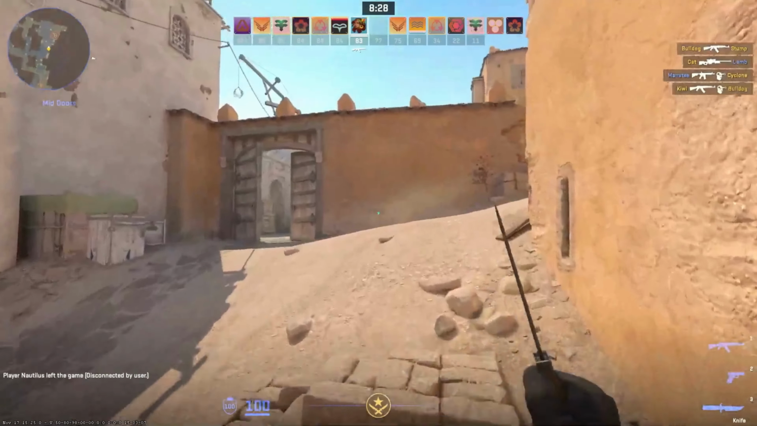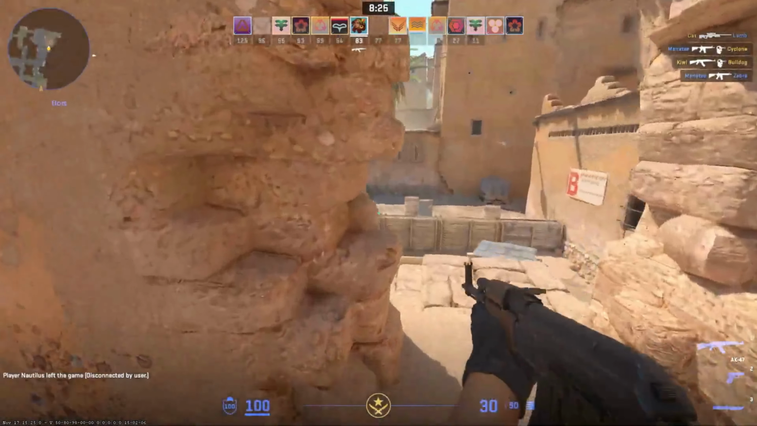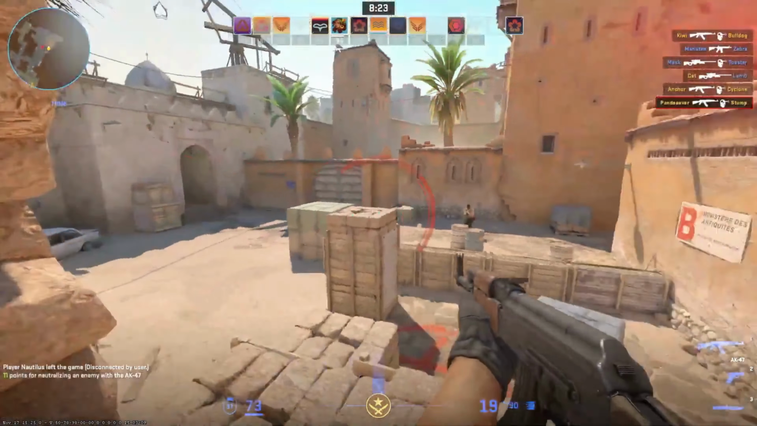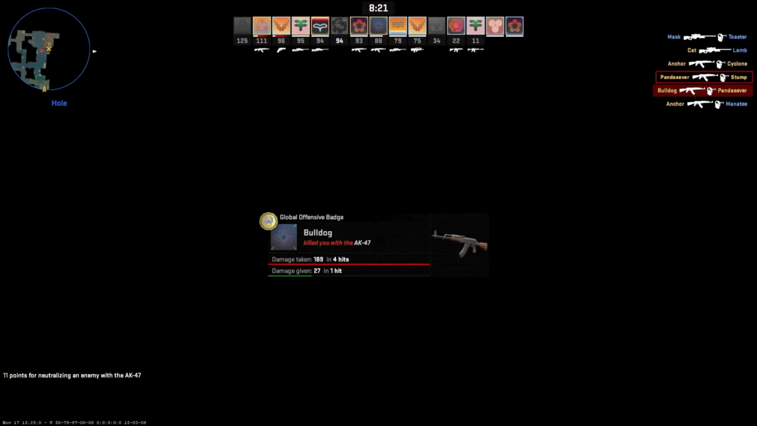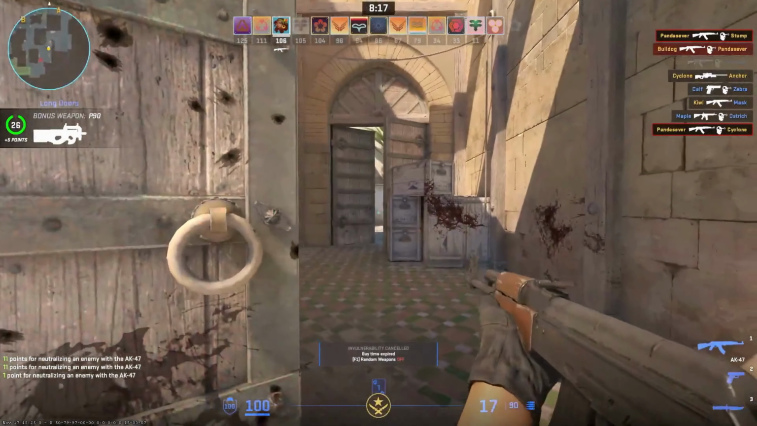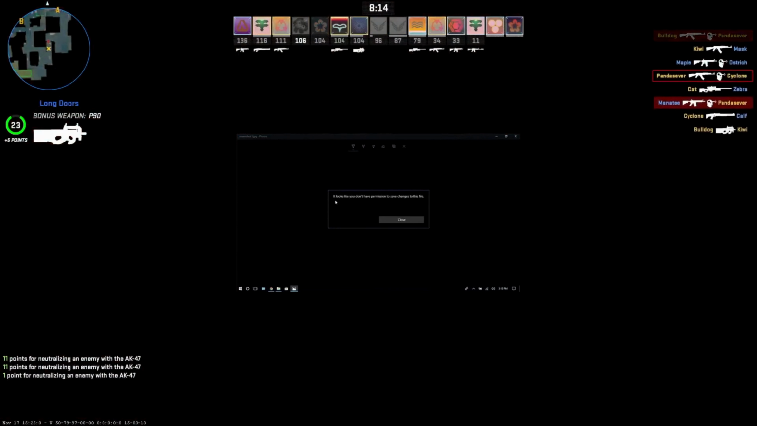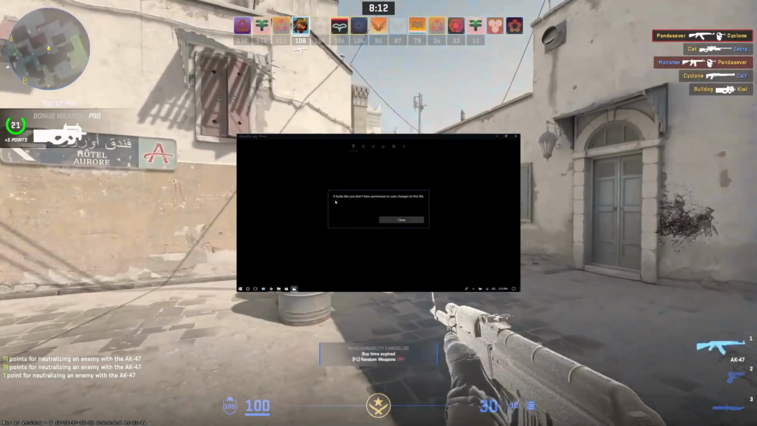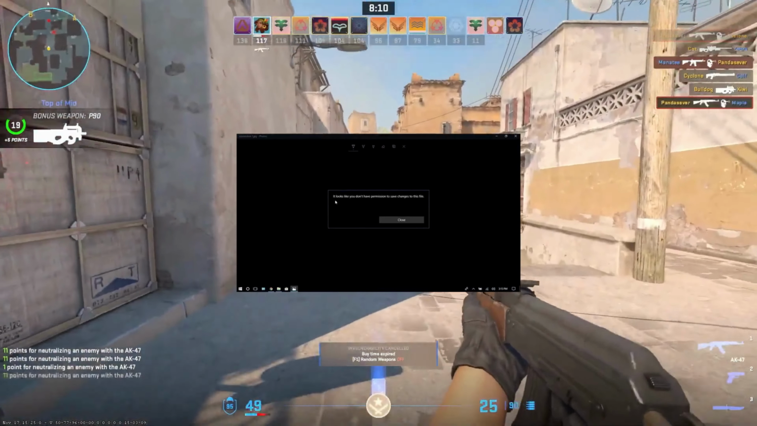When you see the unable to establish the connection message in CS2, it usually means your game client is having trouble connecting to the server due to network or server issues. First of all, you have to restart CS2 and Steam. Check for glitches and update software to fix the connectivity issue, and verify the CS2 game files in the